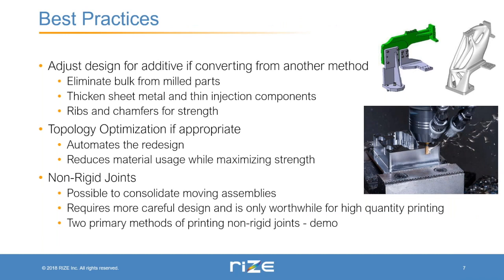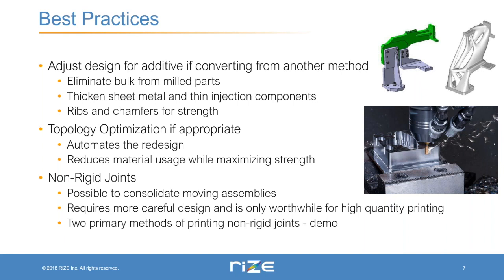So now I'll discuss a few best practices. One of the things you'll want to do when converting to additive from another method is, depending on the method, pay attention to, for example, eliminating the bulk from milled parts. In this image on the bottom, there is a part being milled that has a lot of bulk to it. Additive manufacturing is the opposite, of course, of subtractive manufacturing, where in subtractive you'll start with a bulky stock piece